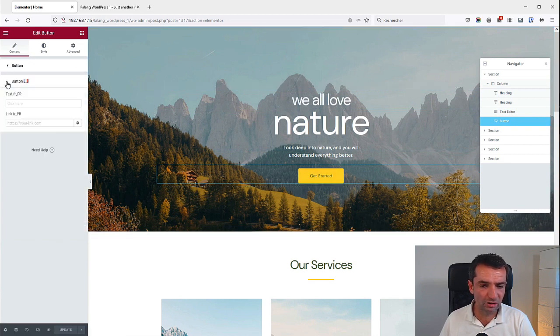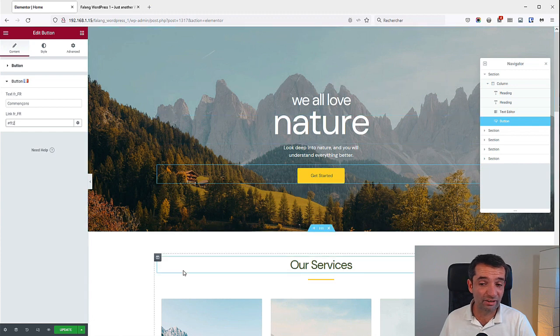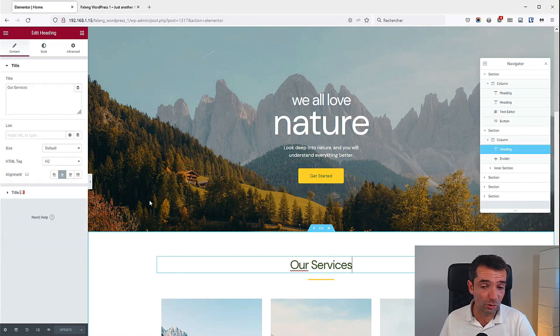The button is done exactly in the same way. We have the button when we are on the button FR. We will type Commençons with a link HAN for English, HFR2 for French. The different elements supported by Falang for Elementor Lite allow you to translate a few widgets. I save it. You can do the same for the other elements on the page with our services, with either